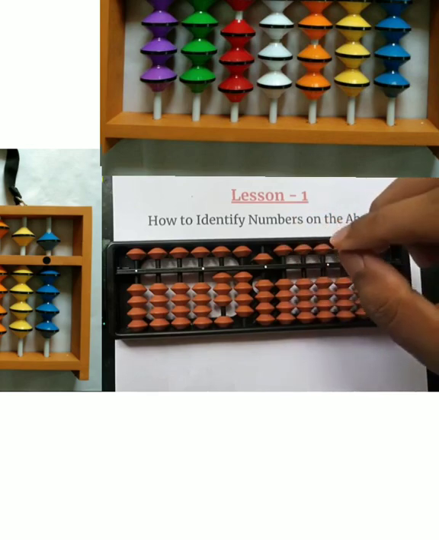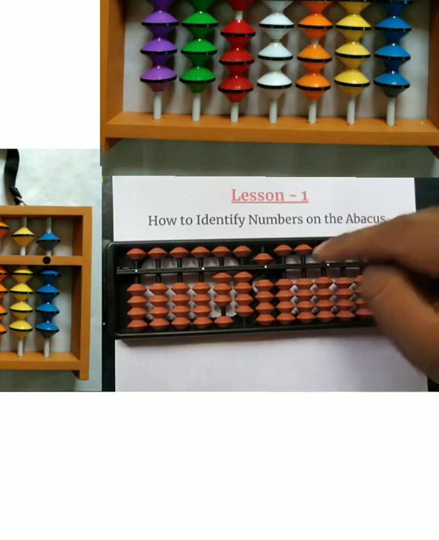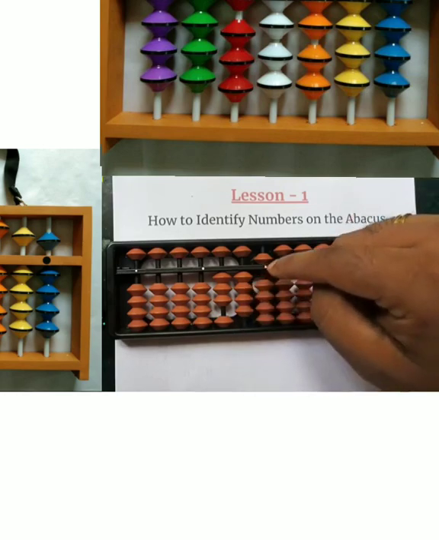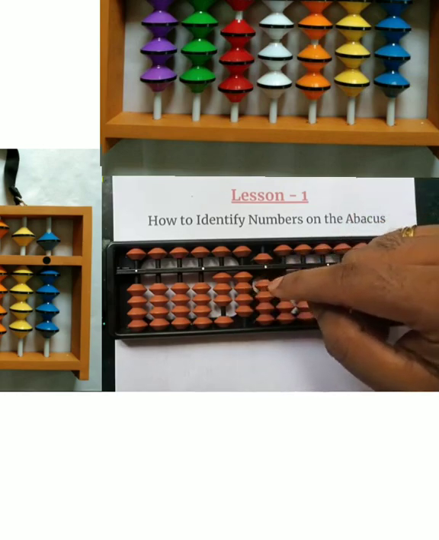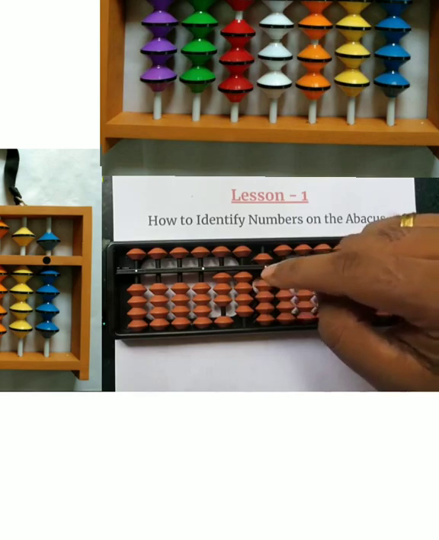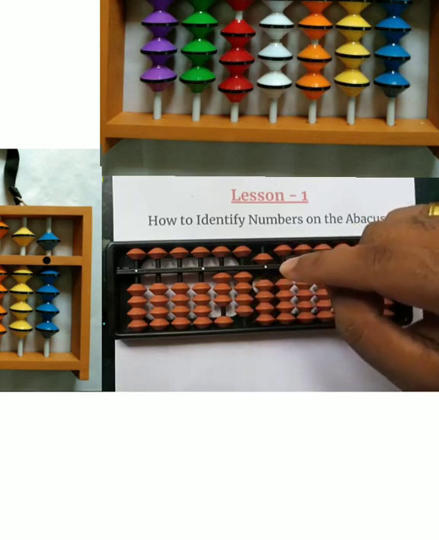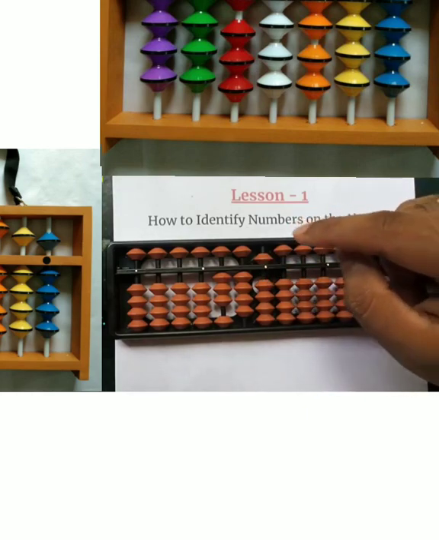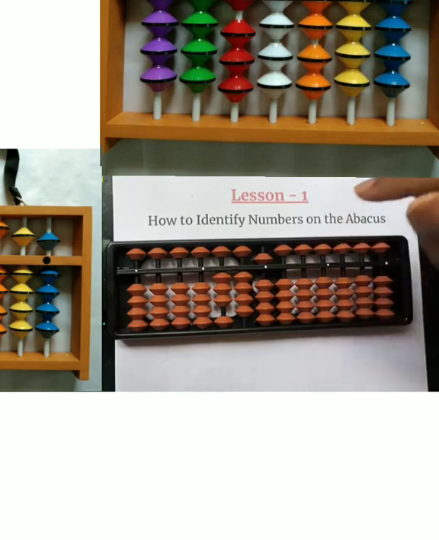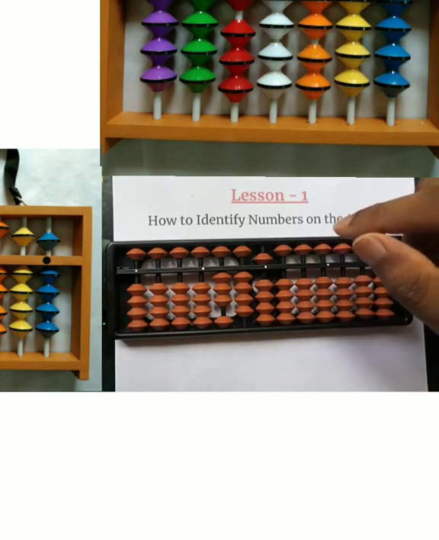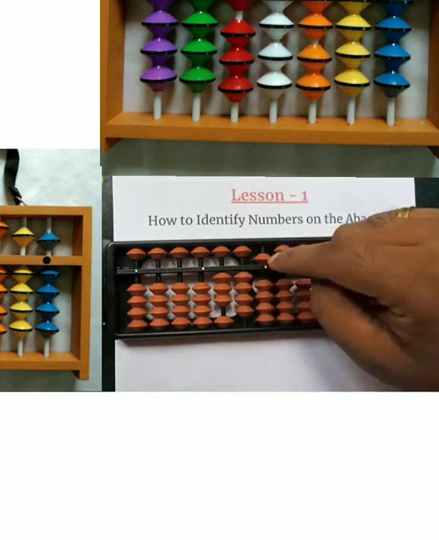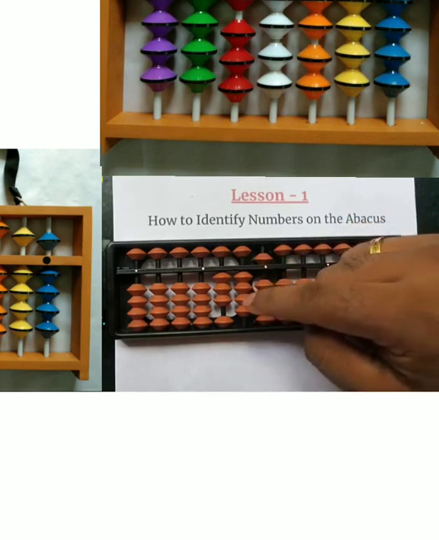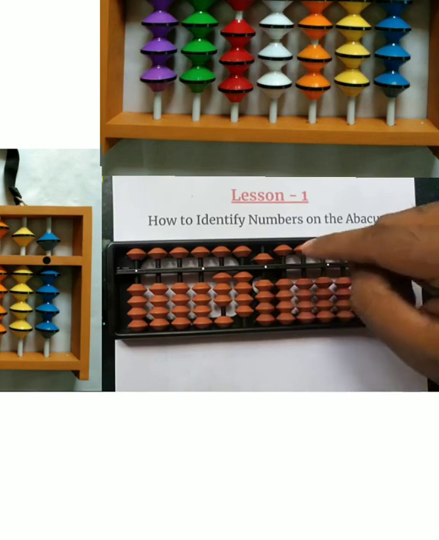Now another possibility of students making mistakes in the initial stages while reading numbers is they count this as 4 and 5 on the same rod, and they'll say this is 9. Sometimes it happens. So you tell the kids that they have to be careful to see whether the beads are on the same rod or not. The upper bead and the lower beads have to be on the same rod to be added. So this is on the separate rod. This 4 is on the tens place, this 5 is on the units place. So this number that we have is 345.